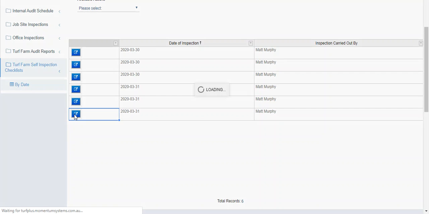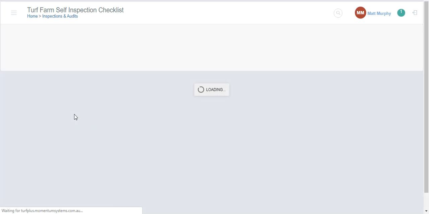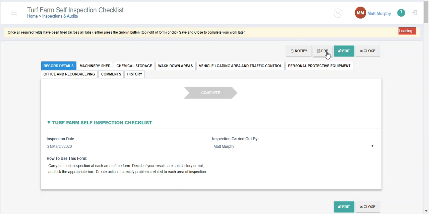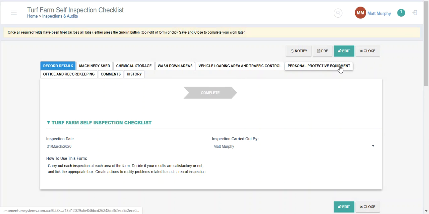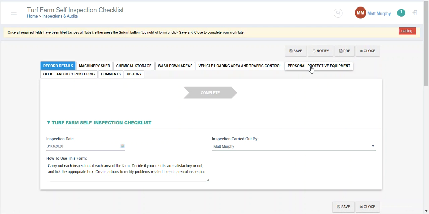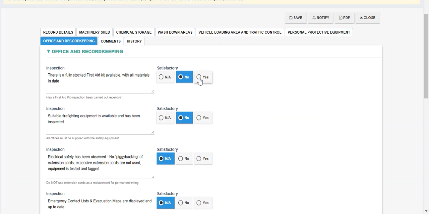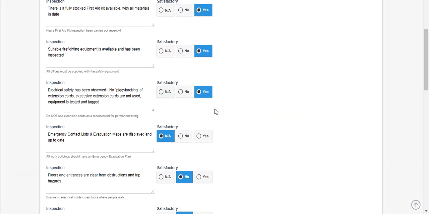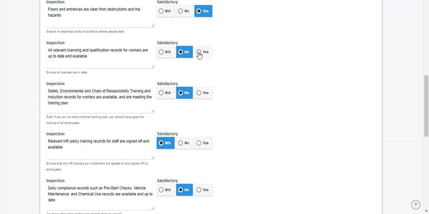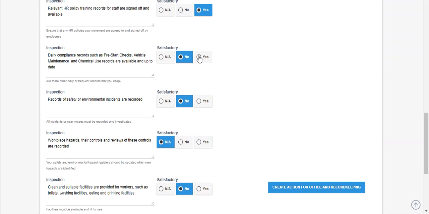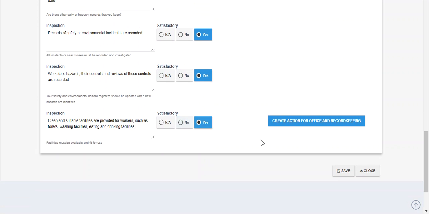Now, if I click on this blue box, here we go, it opens up the form. Now, what that means is, because we didn't finish it last time, we still had personal protective equipment and office and record keeping to go. If we click the edit button, we can continue our inspection. Okay, so we've done personal protective equipment, office and record keeping. I think, obviously go through these properly. Save, and now